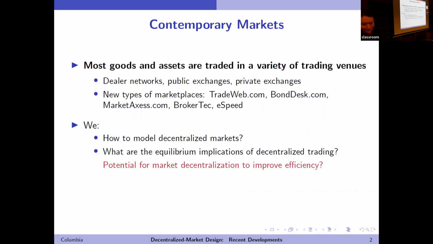So in the classical equilibrium theory, the kind of theory I learned in graduate school, markets are centralized. Okay? There is a single market clearing for all traders and all assets. Now, in practice, essentially all financial assets are traded in multiple coexisting exchanges and trading venues of various kinds. They often serve the same traders and the same assets. This is the case not only for assets with units as heterogeneous as real estate, but also for markets with homogeneous assets.